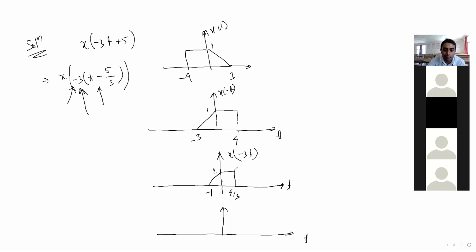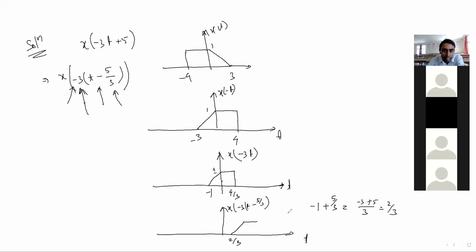Okay, right. So how much? How can you find that shifting? It is minus 3, t minus 5/3, so it will be a right shift. This acts as a t naught, no? So we have to add or subtract, and it will come to the right. How much? Minus 1 plus t naught, which is 5/3. So minus 1 plus 5/3, that is minus 3 plus 5 over 3, which is 2/3. So it comes on the positive side.